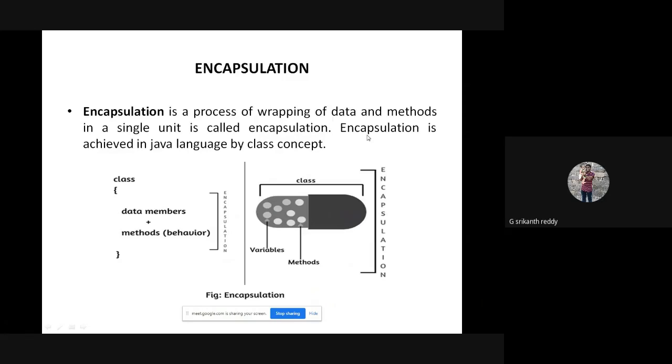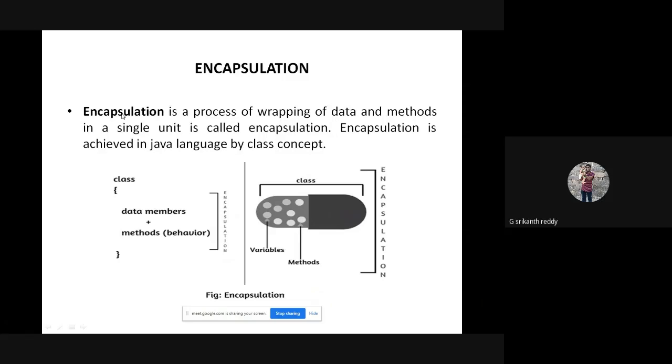Encapsulation is achieved in different languages like C++ and Java by the class concept. A class is a product of encapsulation. When you encapsulate, you wrap both data and functions together. As we have seen in earlier sessions, data and related functions are bound together to form a class.